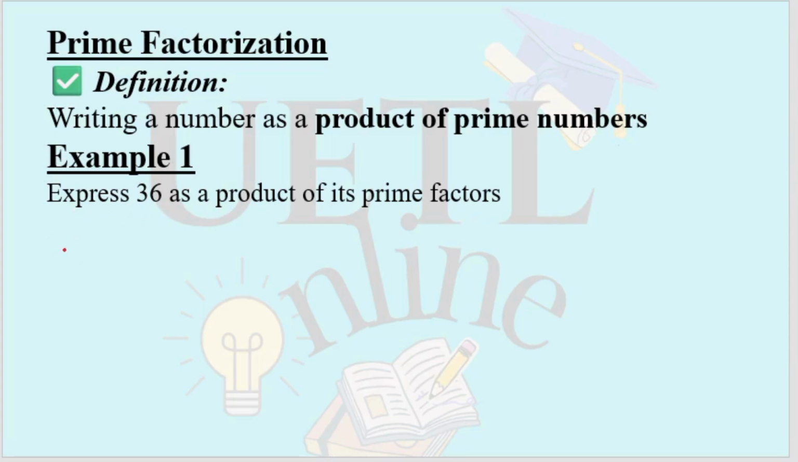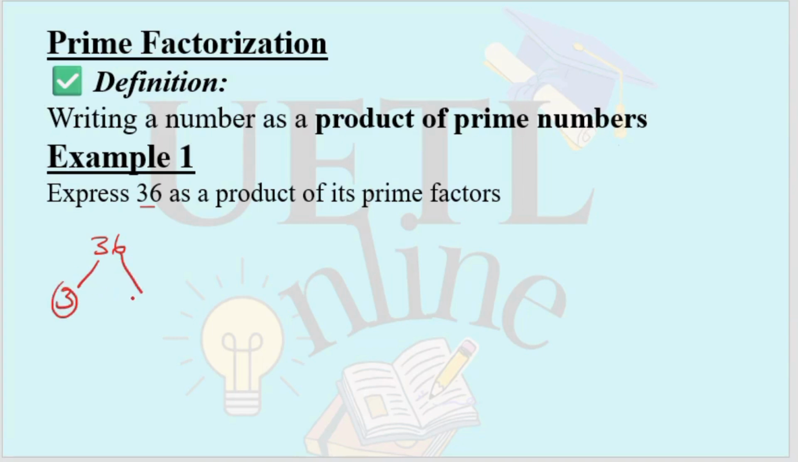So you need to take 36. There are two methods. The first is to use a prime factorization tree, and the second is to use prime factors from the smallest to the largest. For the first, you write 36 here and make a tree. You have to find two factors of 36. Let's start with 12 and 3, so you put 3 here